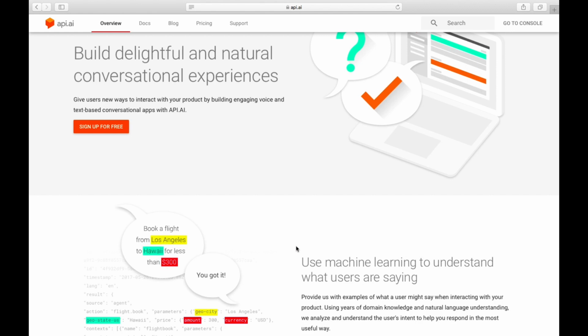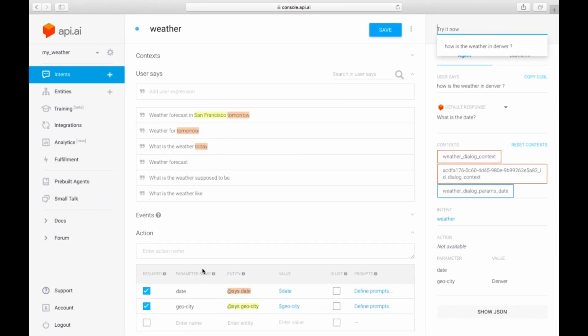And this is what is highlighted here on the page in terms of red, yellow, green words, which is that it already has some assumptions on what entities you are going to present, and it understands something about time and geography. So for example, in this example here, where you can make a little weather bot, you can say, what is the weather going to be like? And so it knows that the intent is weather, and it knows that the little orange ones here have to do with time, and the yellow ones with where we are, in this case in San Francisco.